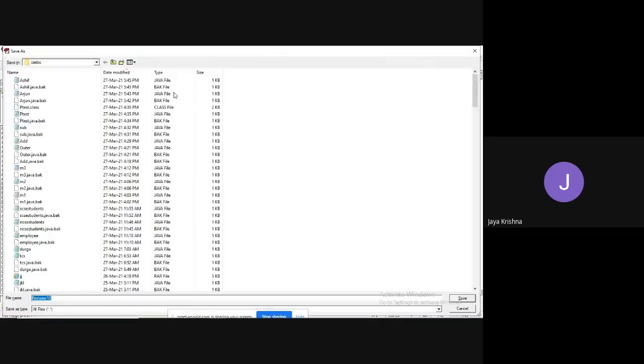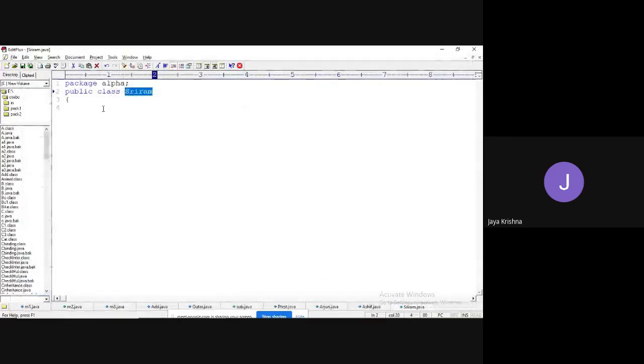Control C, Control S, Control V dot java. So this class requires a main method, public static void main String args. This main method tries to communicate with System.out.println of "I am from Sriram class".